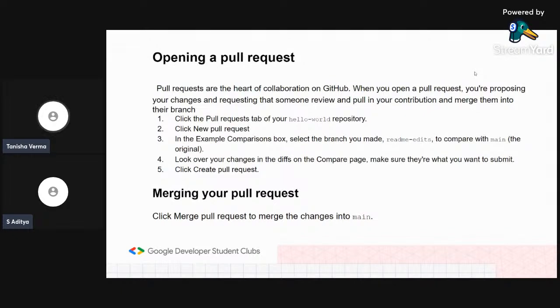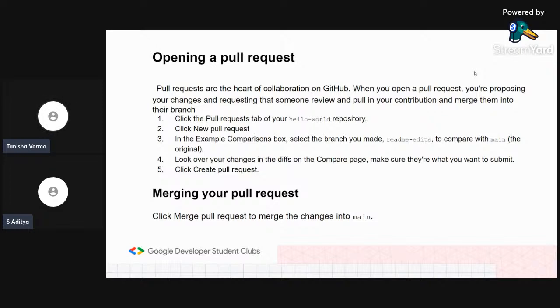Now, as I talked about open source, and people were having doubts about open source, right? What you can do is, when someone puts a project in their Git account, you can pull request. I'll talk about you as the person who is going to pull, and you'll understand it better.